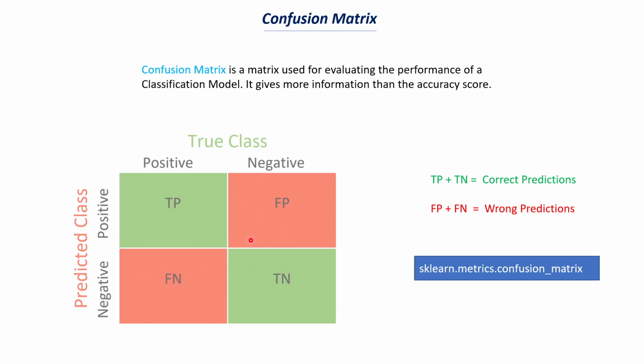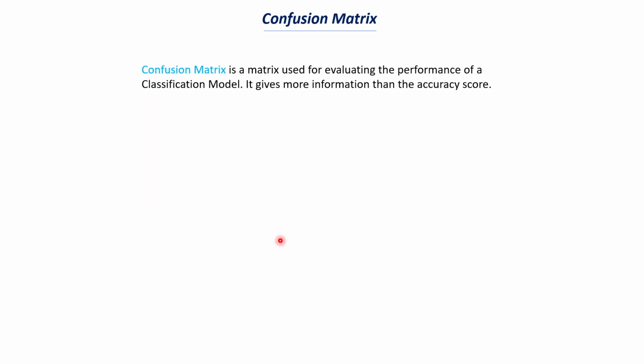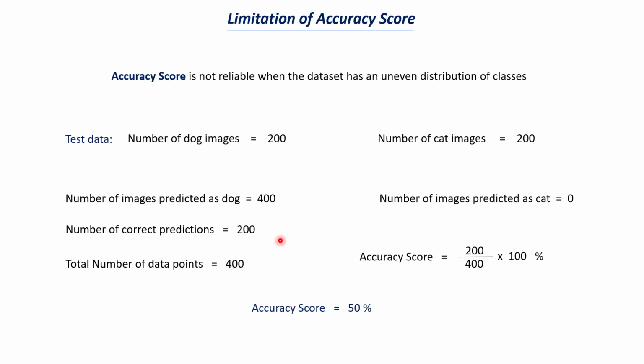These terms are used in the clinical field as well. This is how they represent people who have been tested positive or if they don't have any infection and things like that. So this is an actual term that is used in the clinical field, and this is what we use in the confusion matrix as well. So the advantage of this confusion matrix is, even when there is an uneven distribution